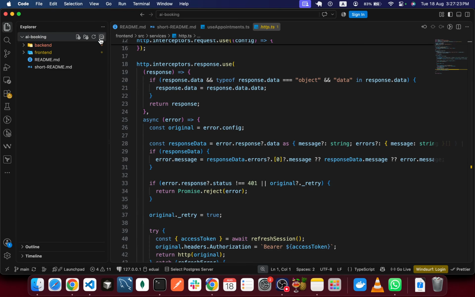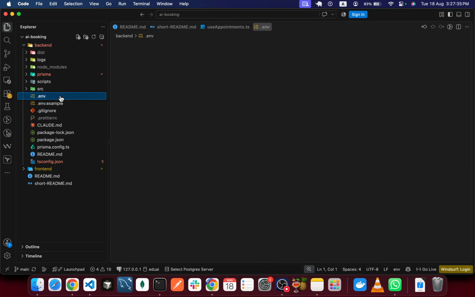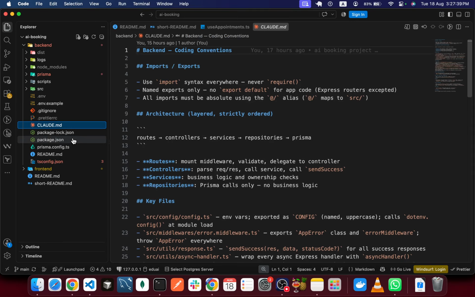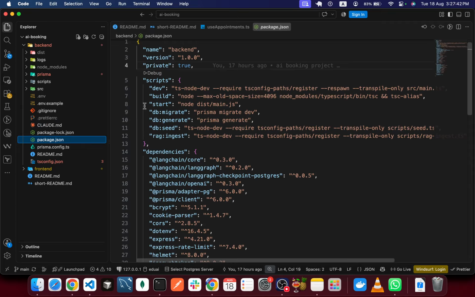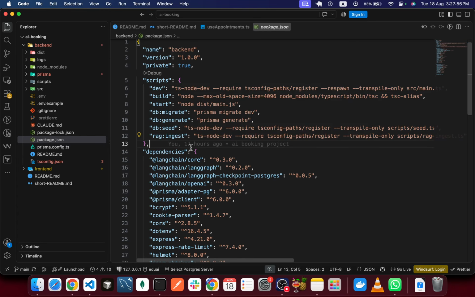So now let me go towards the backend folder structure. As you can see, I have used similar concepts over here. Same typeface and env.example and real env, and same creator RC and cloud MD. And in this package JSON, I have configured the commands. So if I want to start, I can npm run start, or if I want to perform any migrations, I have to npm run db migrate, and similarly generate, and seed if you want to seed anything in the database,